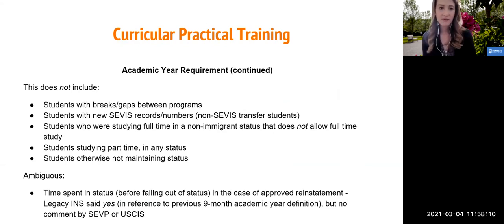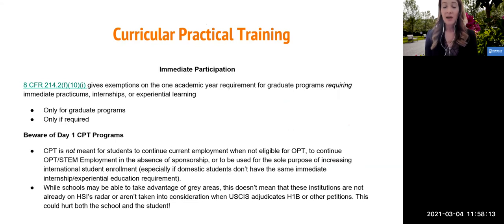So moving forward, I wanted to touch briefly upon immediate participation in CPT because there is the exception that for a graduate program, if the internship or practical experience is required, then it can be authorized before that one academic year mark. So just beware as you're advising students, and also if your institution is considering doing a program